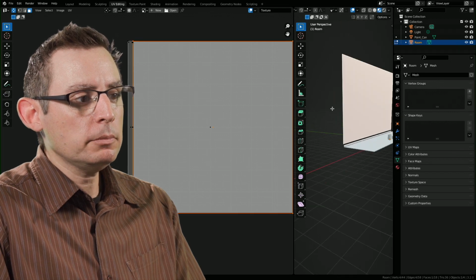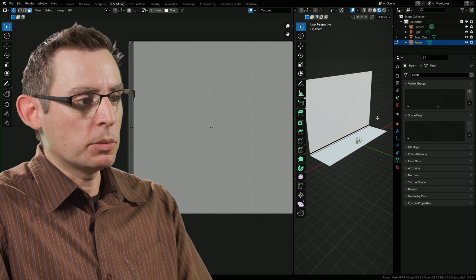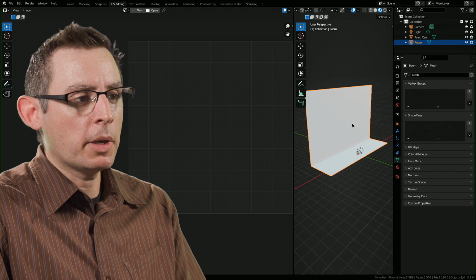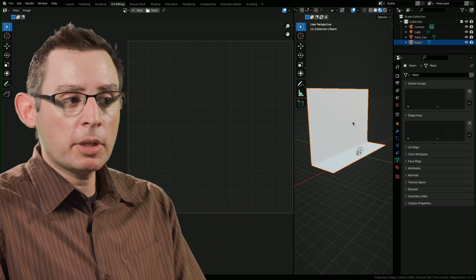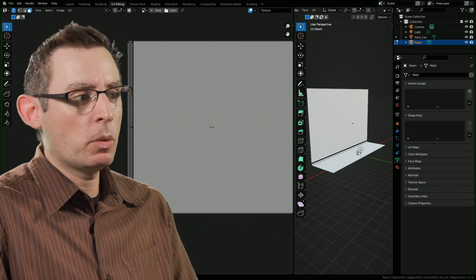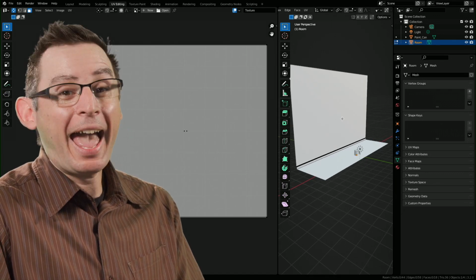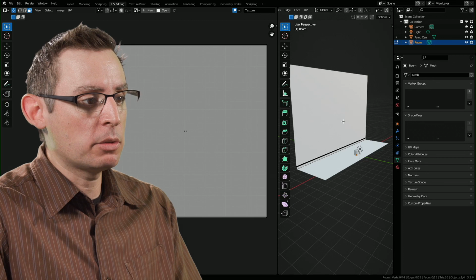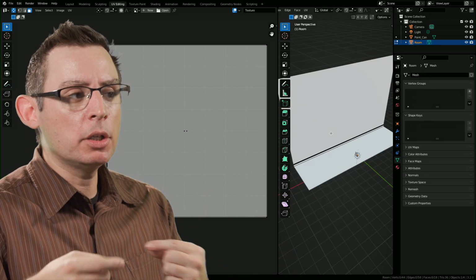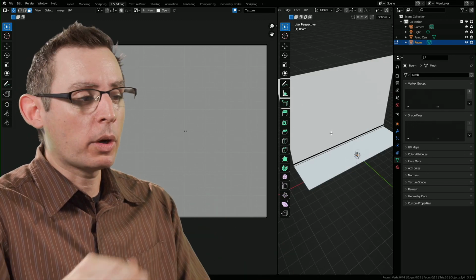Okay. Let's get things working here. I'm pretty pleased with what we got. Now keep in mind, at the object level, you're not going to see your UVs. Hit tab if you want to go into your UV workspace so you can start working with this. Before we go any further, let's add a material, maybe a few materials into our scene here so we can start getting a really good understanding of how these UVs are working with our textures.